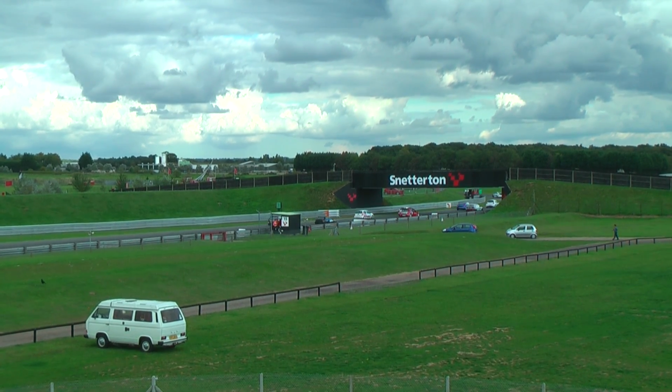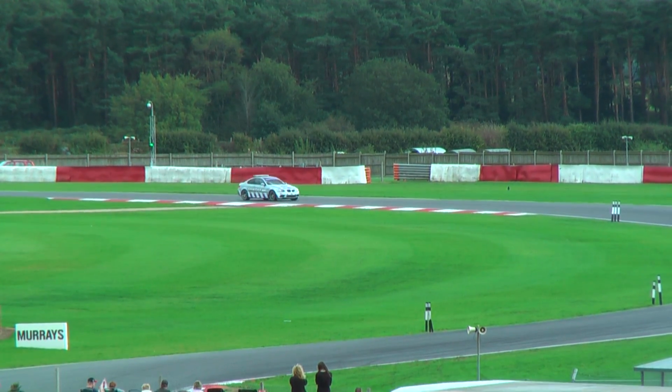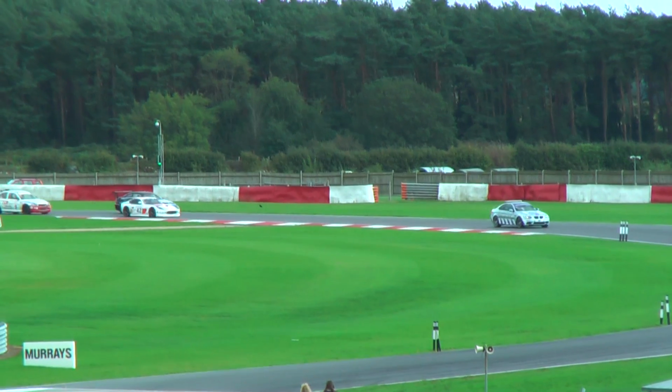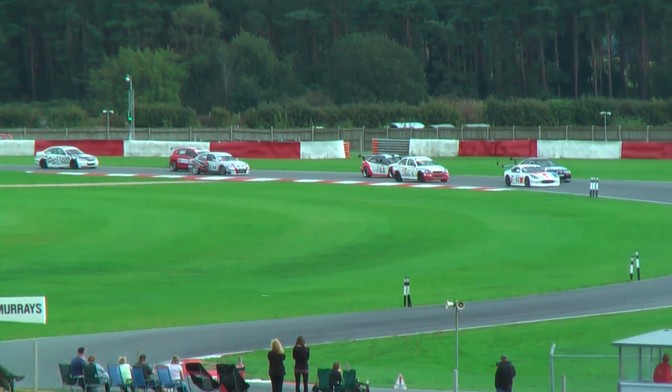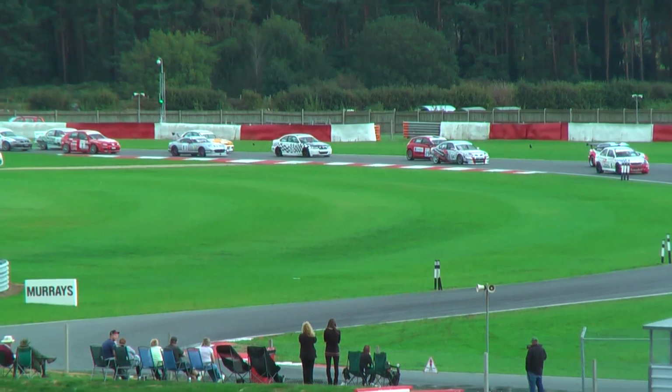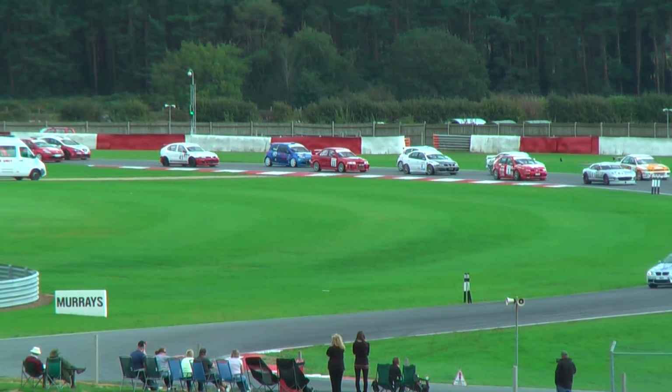Unfortunately, Ilse not there. 10th on the grid is the immensely powerful Subaru of Ian Froggatt. It will be a rolling start and a 20-minute race, so the pace car is just leading the field now through Coram Curve, and then we are really going to get some thunder unleashed once those red lights go out